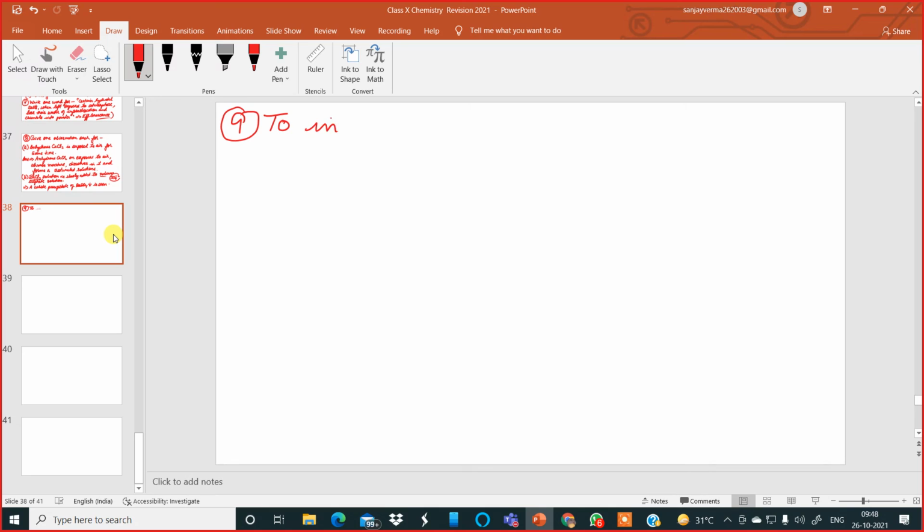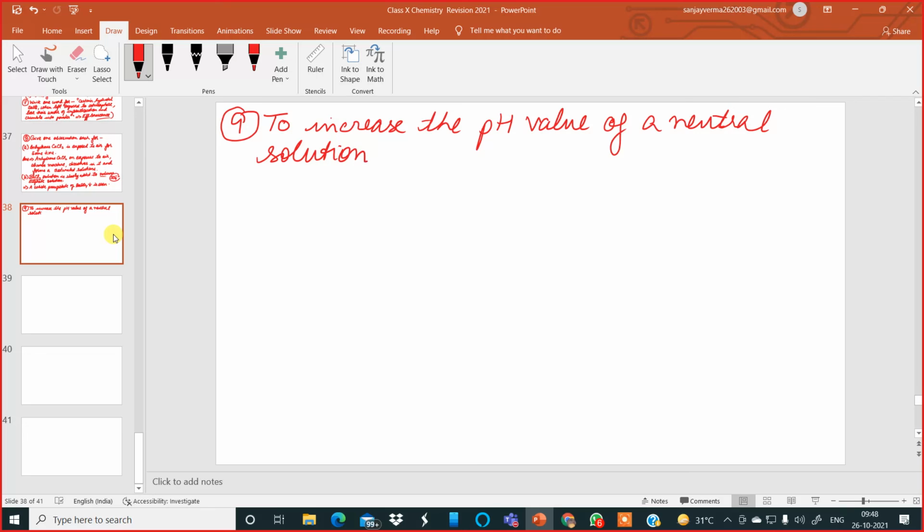To increase the pH value of a neutral solution, we should add